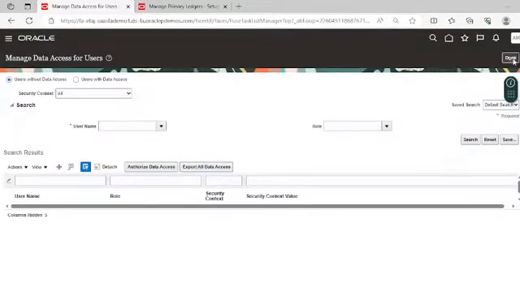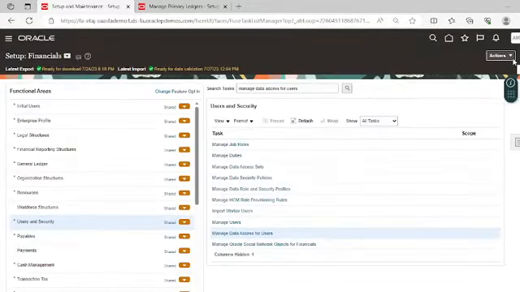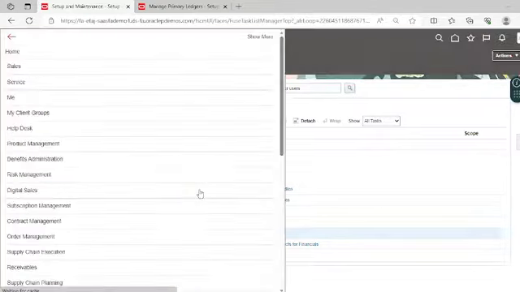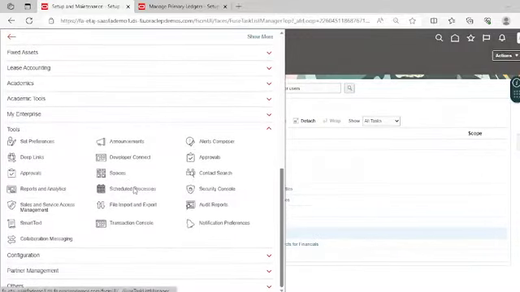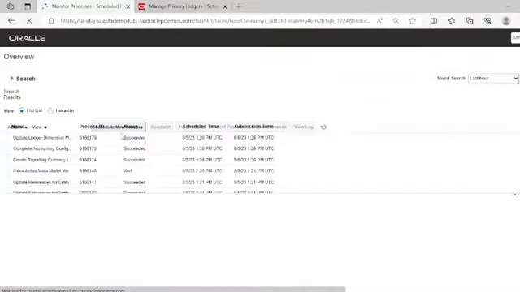Click on save and close. So we have created the reporting ledger, then we have created the user, we provided the GL roles and provided the data access for those roles at reporting ledger level. Now we have to run the LDEP job. Go to schedule processes.